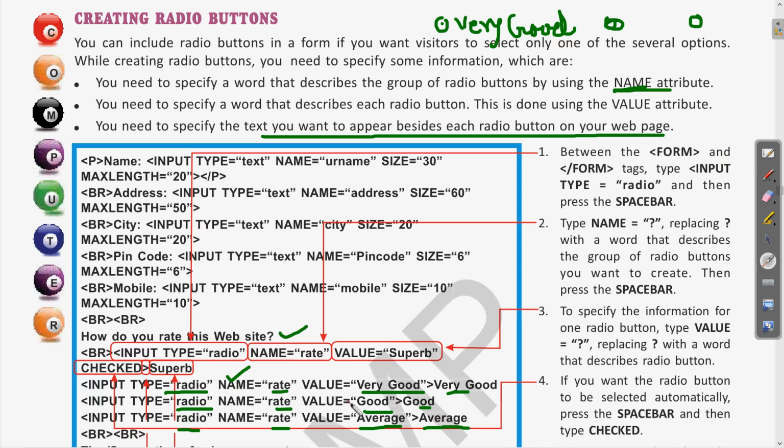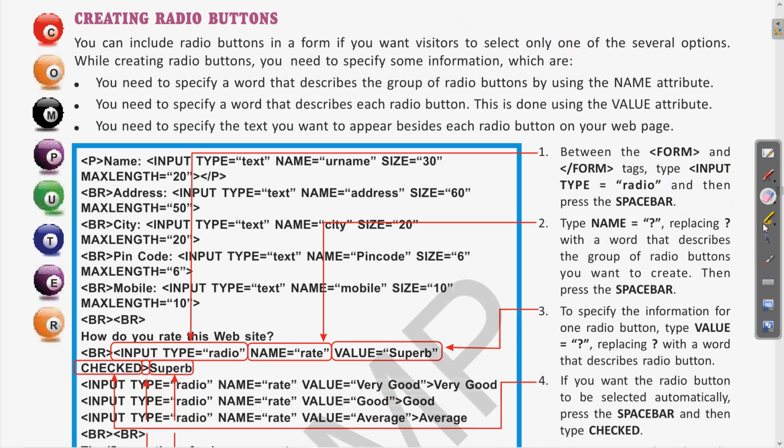The value is the name of these radio buttons, and the text which we want to appear after these radio buttons is specified after closing the input tag. Okay, now let us write this program, run it and see the output.